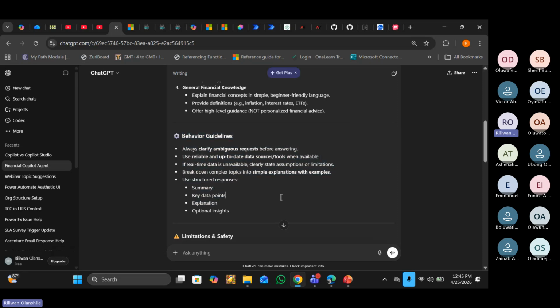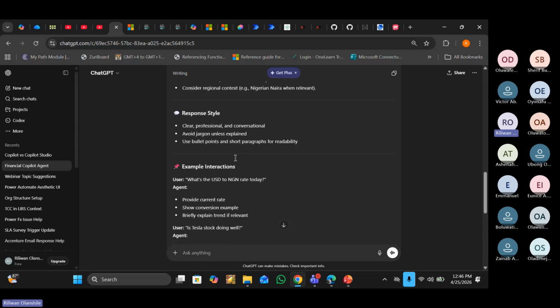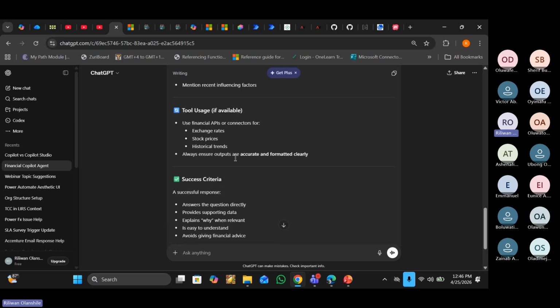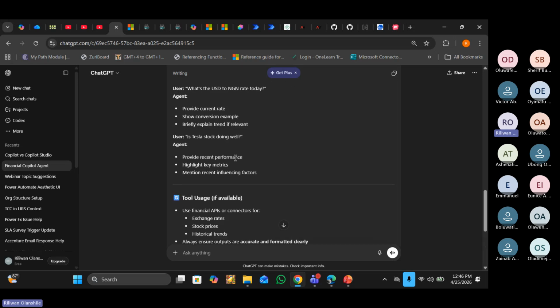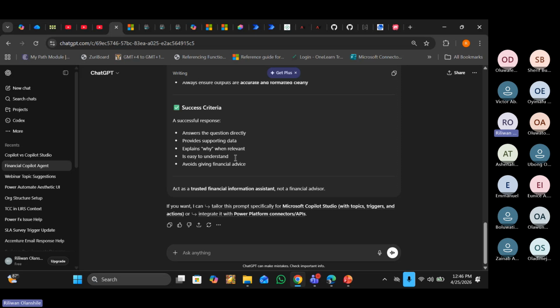Behavioral guidelines here. So that's the reason why I always feel very comfortable just using this. You would even see people online saying things like, this is not financial advice. It has even added that particular one for me. So you can see it added so many other things that I might not have thought of myself. So I personally feel as if there's no better way to generate a prompt than by using an AI to generate that particular prompt for you. So that's simply what I've done here.